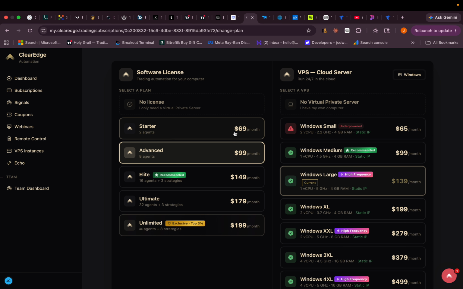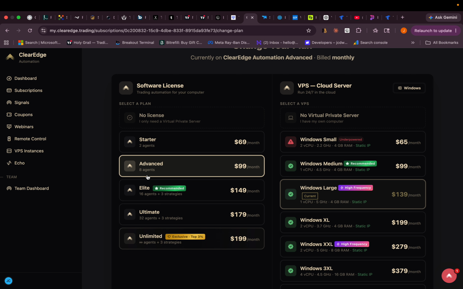It's really simple. And so I wanted to explain that to help you make this decision, right? If you only have 1 broker and 2 accounts, then just get the starter. Or if you have like 2 brokers and 4 accounts each, you still only need the starter because you can group those 4 accounts for each and then just assign 1 agent to each group, and you're good. You just use 2 agents on 8 accounts. Okay? So that's going to help you make that decision. The next decision you're going to have to make is